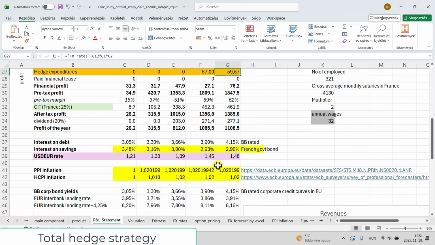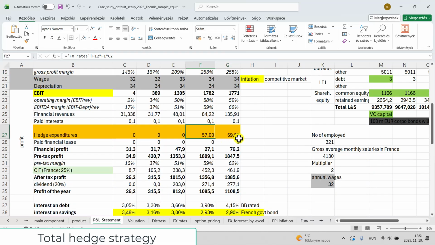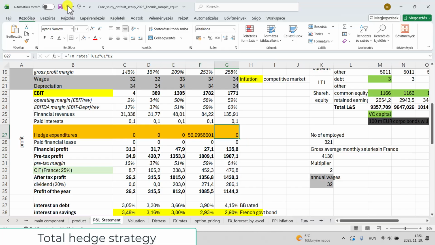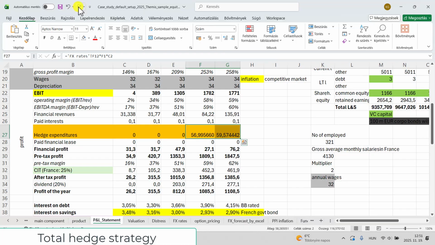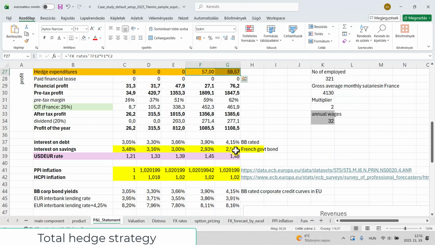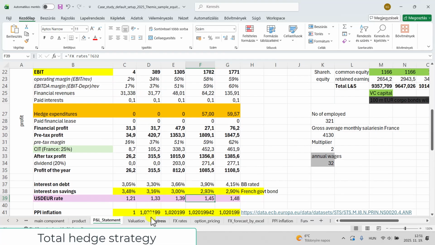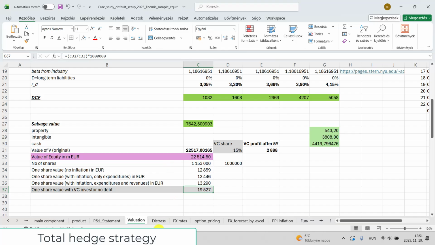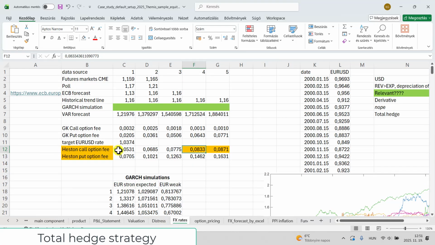So yeah, these are the hedge expenditures. This is what we have to pay. Let's check whether this is recognized as an expenditure. Yes, this is recognized as expenditure, so it's good. And then we have to say that the whole reason we are doing this is that we would like to fix the exchange rate at this level. So now, if we are doing this, then